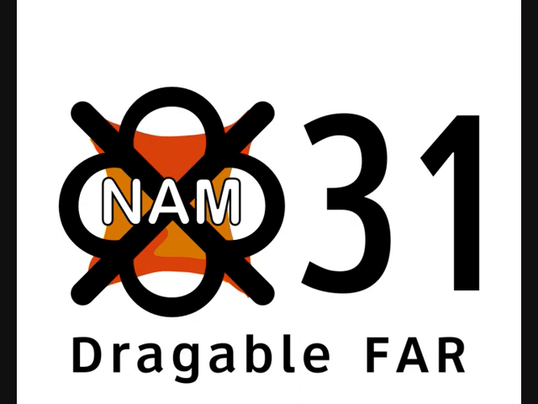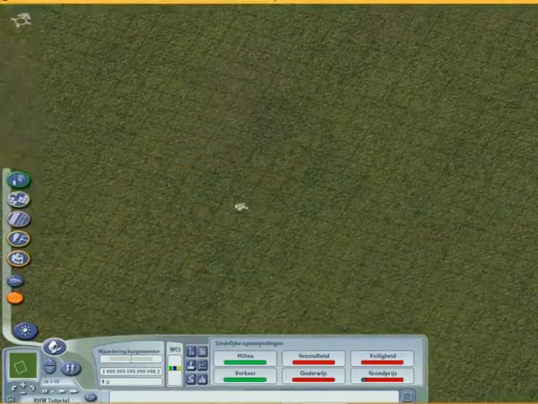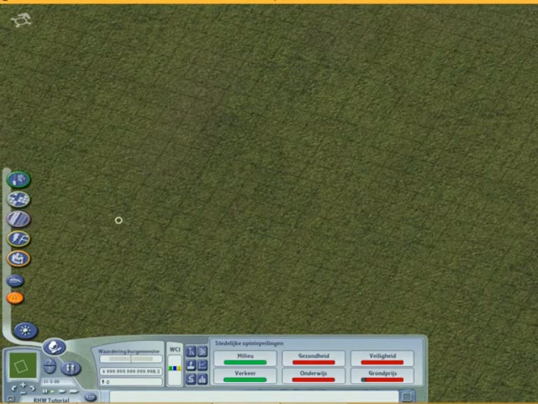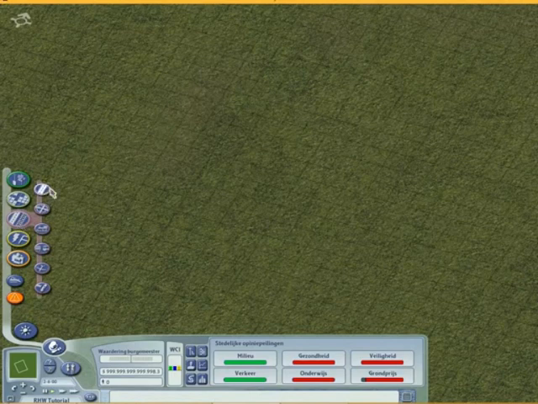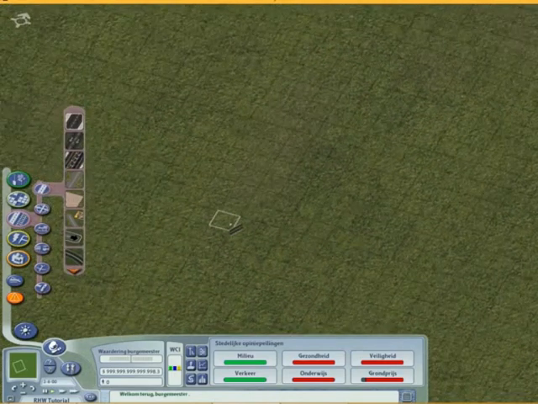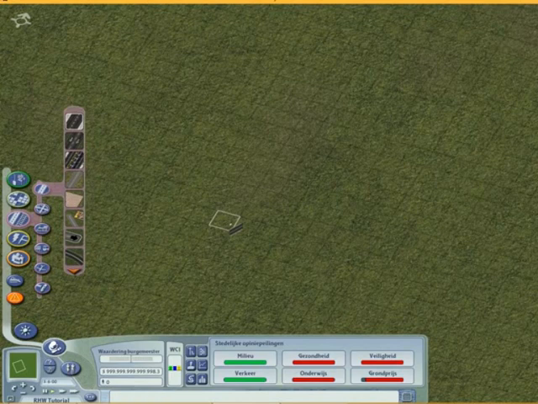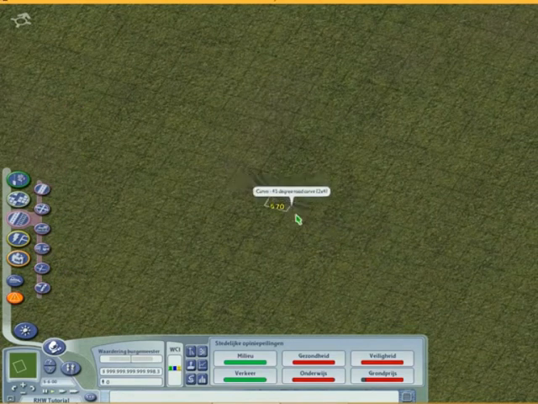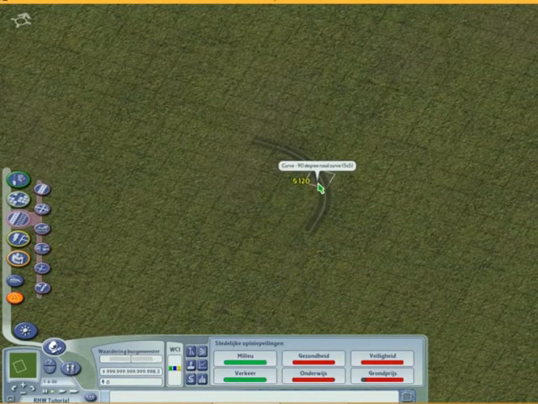This is Martin from the NAM team, and we are happy to reveal our next big thing for the NAM 31. And this is what we call the Draggable Fractional Angled networks. Currently I'm using one which uses the RRW link network for Draggable Fractional Angled, and for the normal way it's